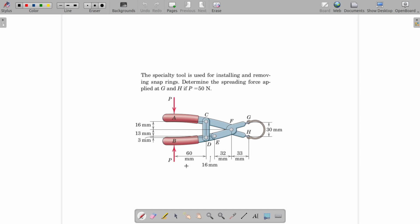So intuitively you can actually feel that when you apply force here, so people usually do it by hand. When you apply a force here inwards, the points G and H will spread out and there will be a spreading force. And in this particular case, that spreading force will be vertical,